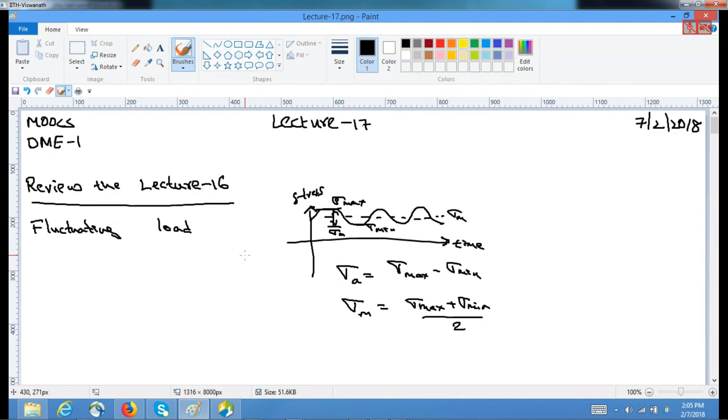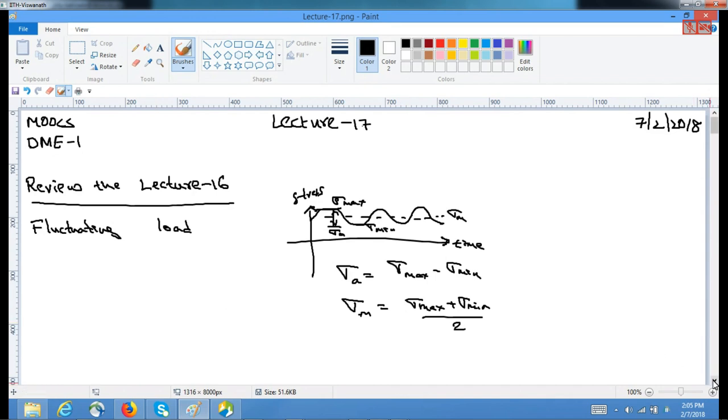So when we design for a static load, we design it for the maximum load. But even if you are operating well below the material strength, at lower stresses, over time on repeated loading and unloading, it would fail at less than the intended life. So we need to deal with the fatigue strength separately, and we define the fatigue strength